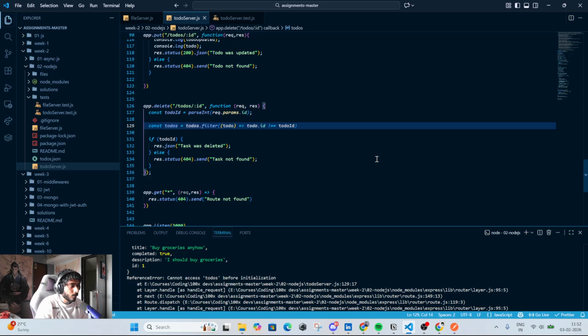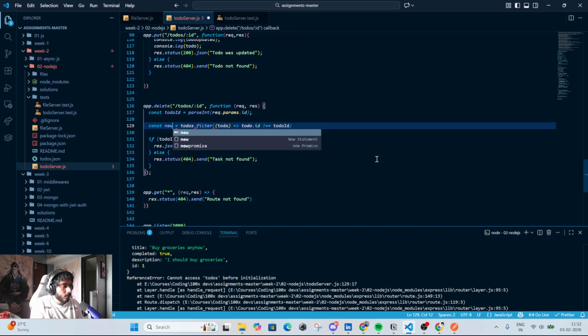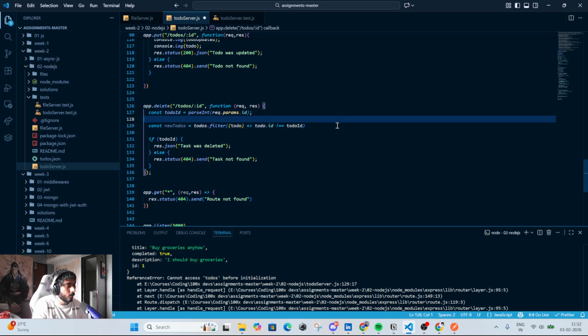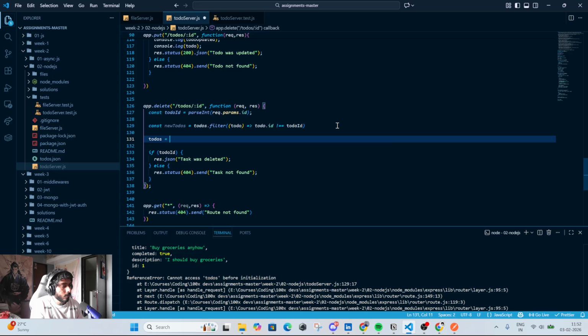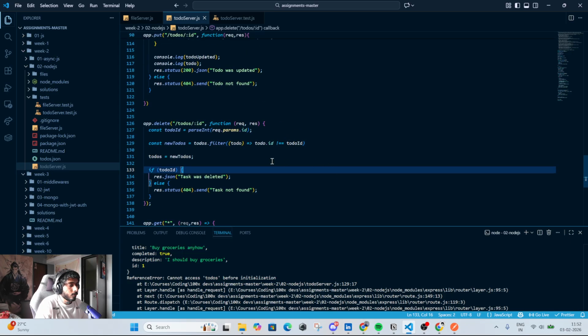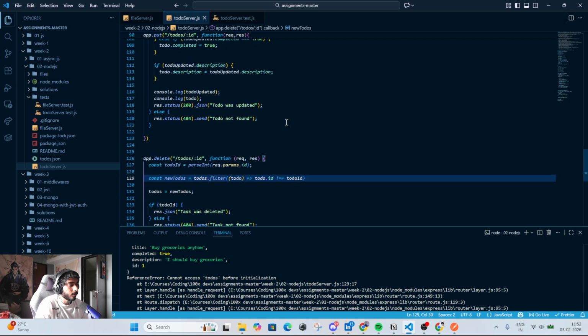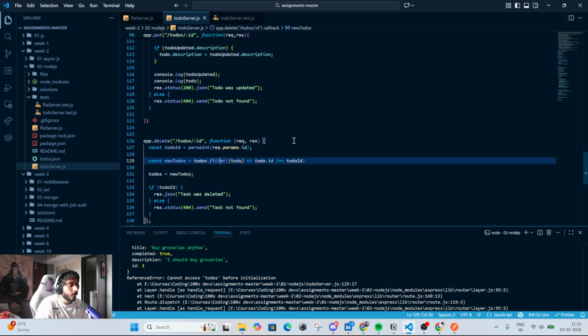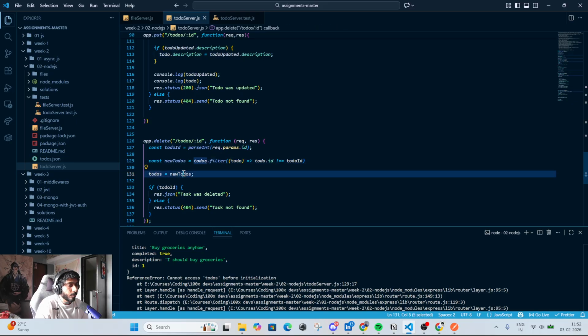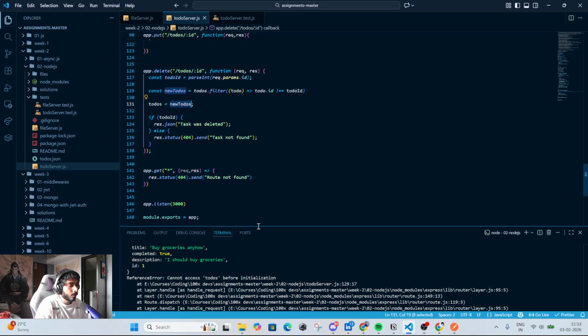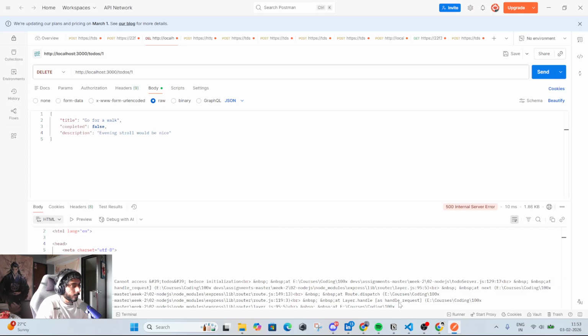Okay. I think this is how it should be. We are getting the new todos, which we are doing todos.filter, and that we are doing if the id is not equal to the todo id, then we are doing that, and then we are appending or updating the todos. Okay, having said that,